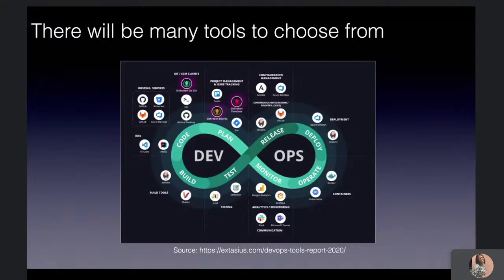There is no one size fits all for a DevOps team. You have to look at the company, look at your situation, and then decide carefully that, okay, these are the tools we'll use, and these are the processes we'll follow. What works for company A may not work for company B or company C. So yeah, this is just an overview of how many options you have when you want to choose your DevOps tools.